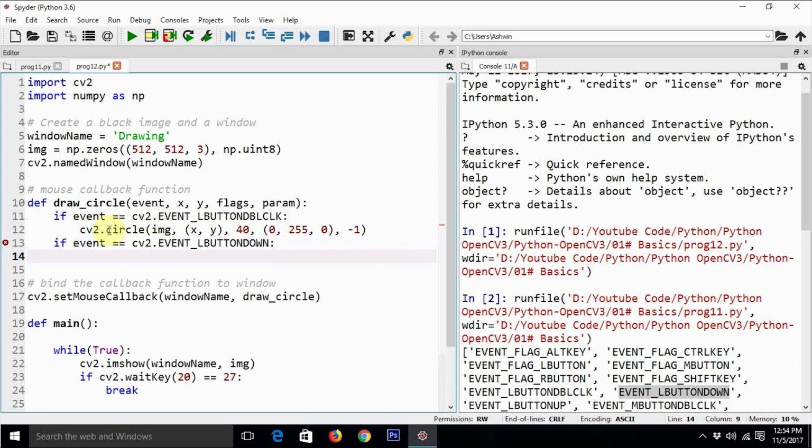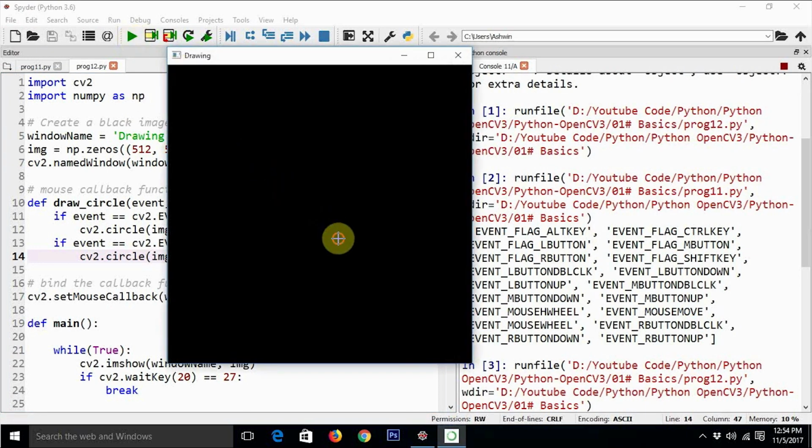For the sake of simplicity, we will just copy this code and draw another circle with blue, green and red. That is the color combination OpenCV uses for color. We are going to draw a red circle which will be automatically filled with the red color. Let's save and execute this program. Let's see whether this works, because I'm also doing it for the very first time. And no, it doesn't seem to work.